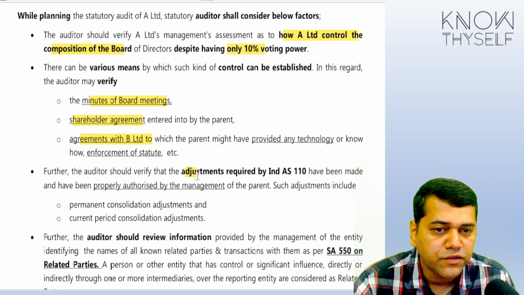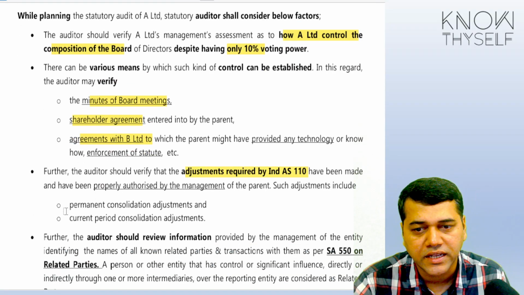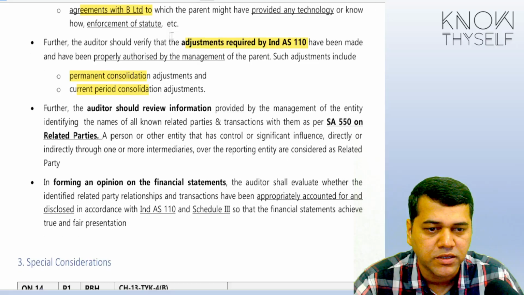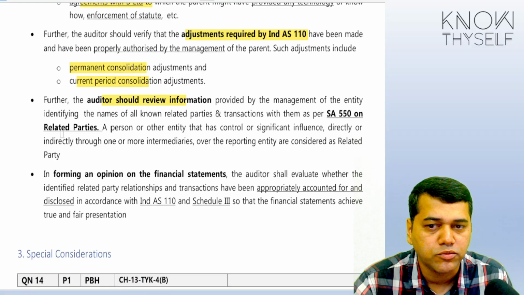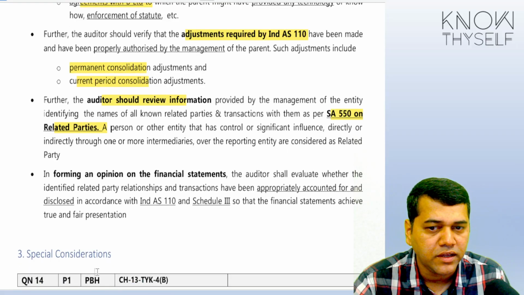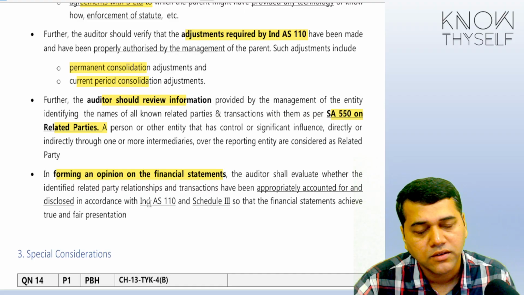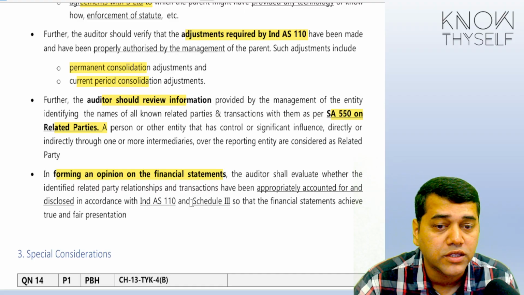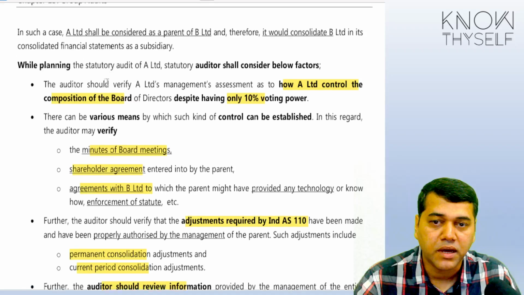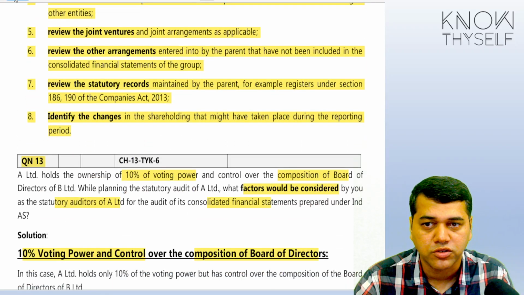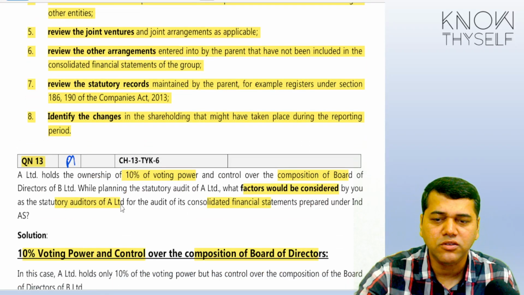Further, the auditor should verify the adjustments required by Ind AS 110, permanent adjustment and current period adjustment. Review the information of the related parties as per SA 550. And in forming of the opinion, you need to check whether Schedule 3 has been followed. Yes, you can mark this question as an important question, students, because see, there is no straightforward